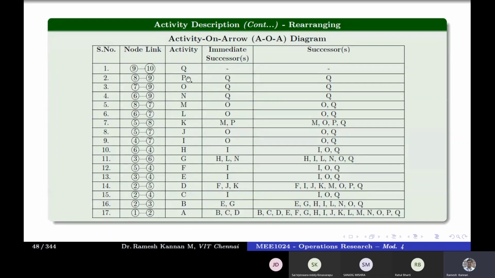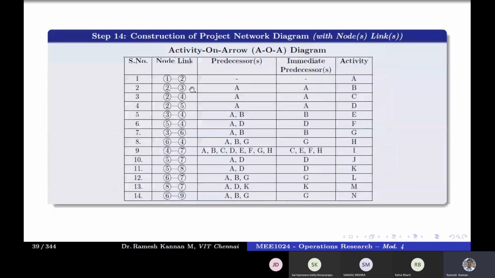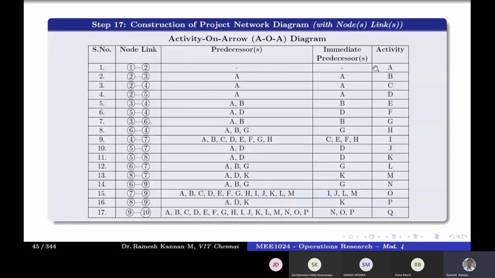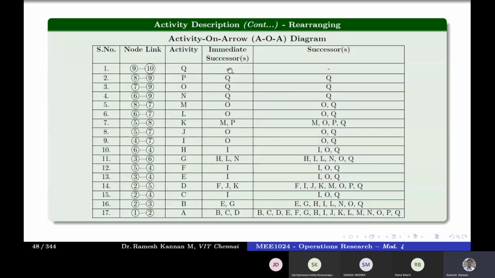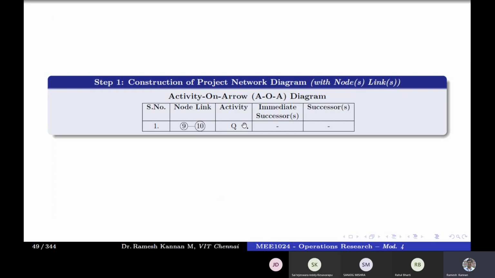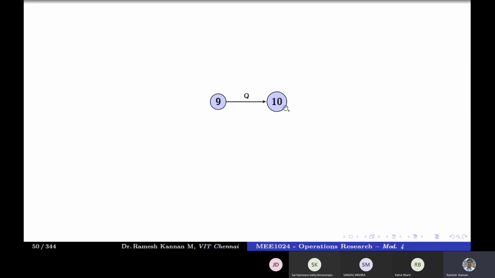Okay. So I'll illustrate what I mean by backward pass construction also. In that case, what we do is we take the final activity and look into the successor. If you remember, the table got reversed in the predecessors. In a successor or backward pass computation, we take the last activity, then its successor, and start building out till the initial activity. Okay, so this is the final activity. It doesn't have any successor, and it is called 9 to 10. So I'm going to take 9 to 10.